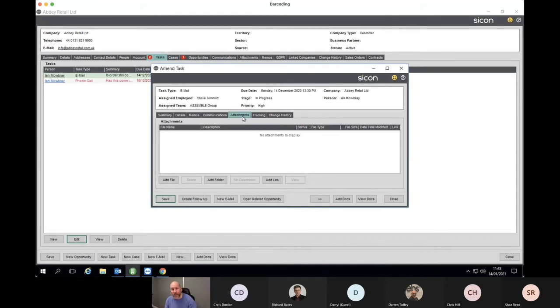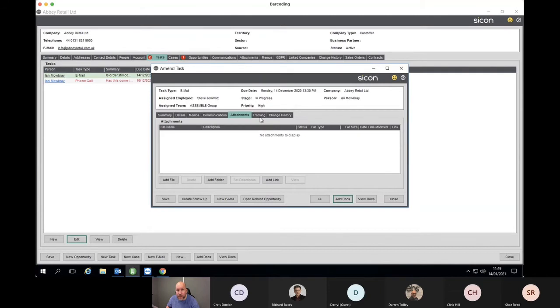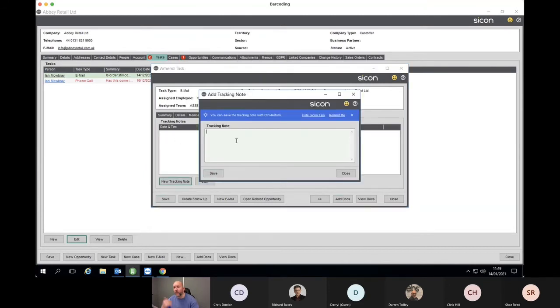just a PDF copy of the report that you've run for the outstanding accounts. Obviously, I'm trying to clutch at examples, so you can store those. If you've got Sicon documents, you'll notice the Sicon document buttons are there as well. You can actually store and scan and attach those that way. Tracking, so you can add tracking notes in there, so quick telephone call follow-up,